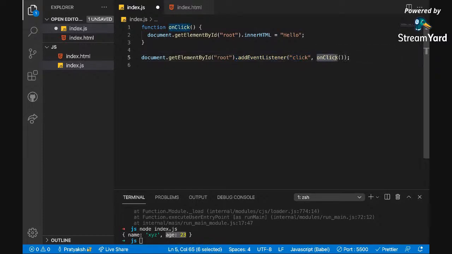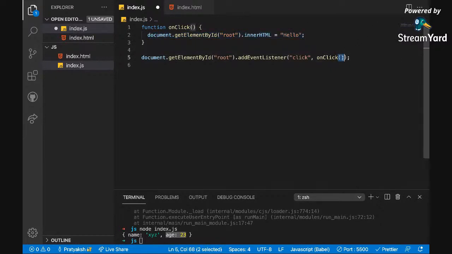But I myself explicitly called this function over here instead of asking my compiler to call it. I enforced it myself. So during compilation only this function ran and the value was changed.